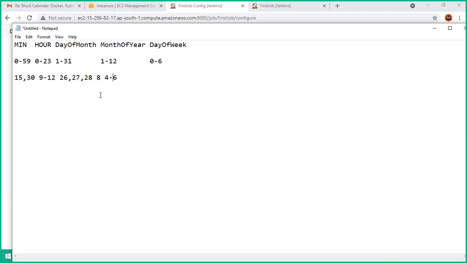But let's assume I'm trying to say, run it from the 21st to the 28th. Then what will happen? Regardless of whether it is a weekday or a weekend, I want to run from the 21st to the 28th. Then here, I need to give exactly like this. So when you're trying to give a range which is almost all the possible values that you have, instead of putting it up completely, you can simply give a star. Okay, so for example, now if I say like this,